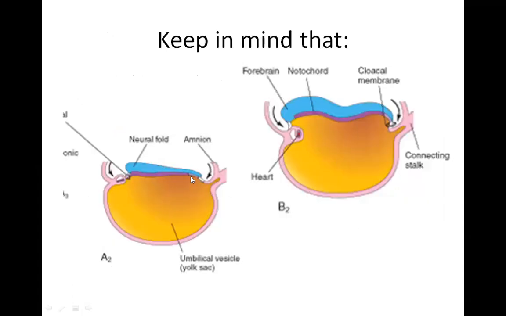So throughout this lecture, you have to keep in mind that before the head fold, the sequence of the mesodermal structure is like this. First is the septum transversum, then is the pericardial cavity with the cardiogenic area, and then is our oropharyngeal membrane, right? So after the head fold, this septum transversum is moving ventrally as well as caudally. So this stomodium will become a head of all these structures.